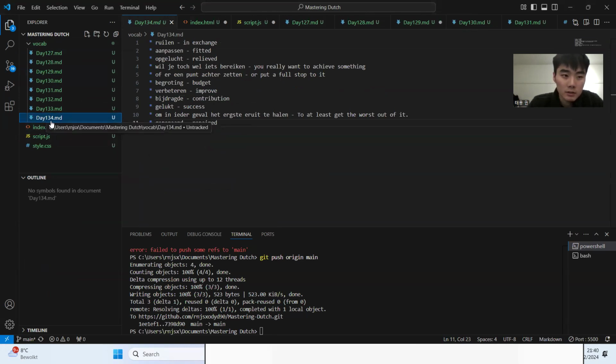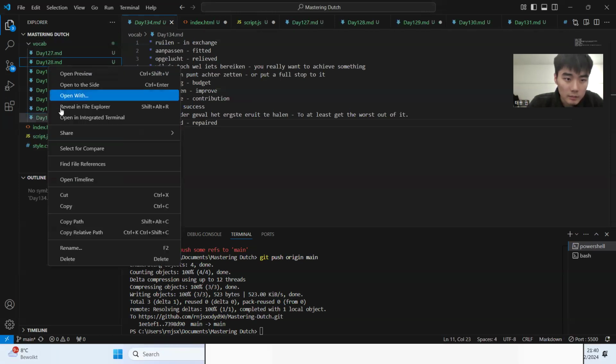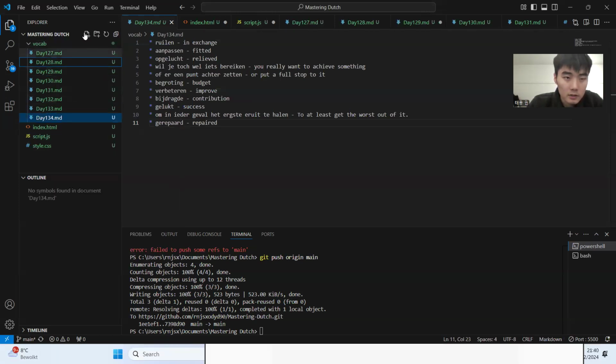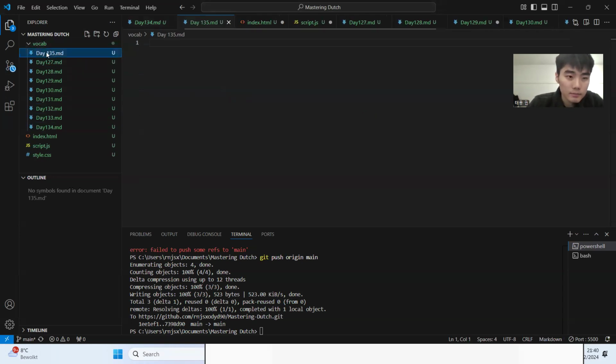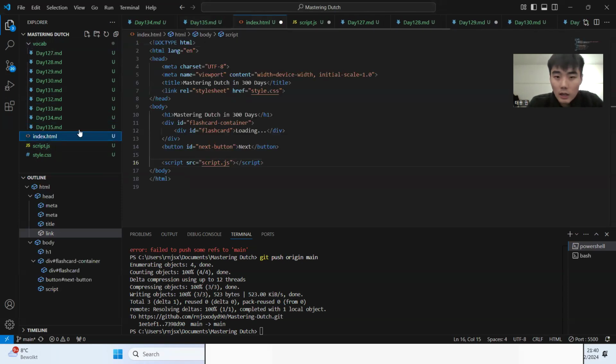So that's why there's no day 135. But I'm gonna add a file here, day 135, although it's day 136. So there's an index that organizes the other files.